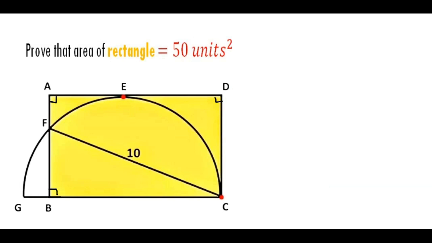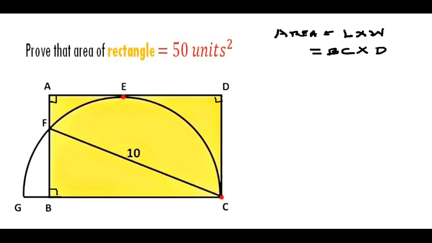You've been told to prove that the area of the rectangle is 50 units square. So how do we prove that the area of the rectangle is 50 units square? How do we get the area of a rectangle? The area of the rectangle is length times width. You can see the length of the rectangle is side BC. So when you substitute, the length is BC, times the width, which is the side